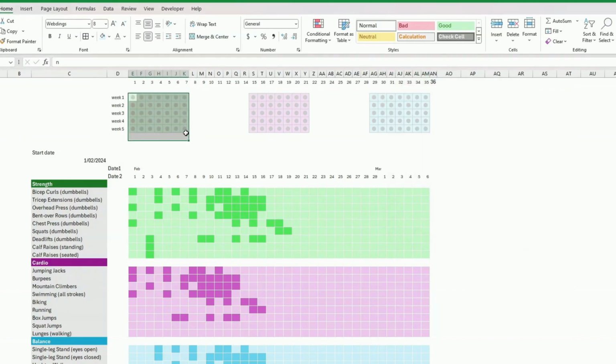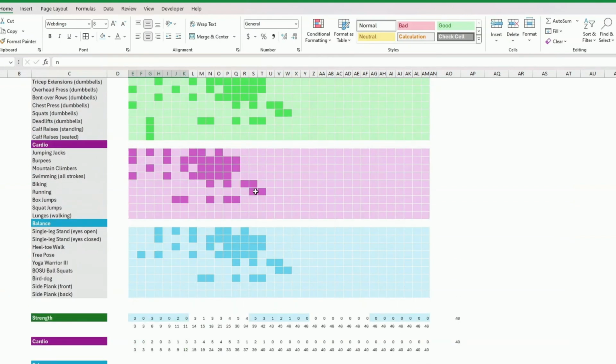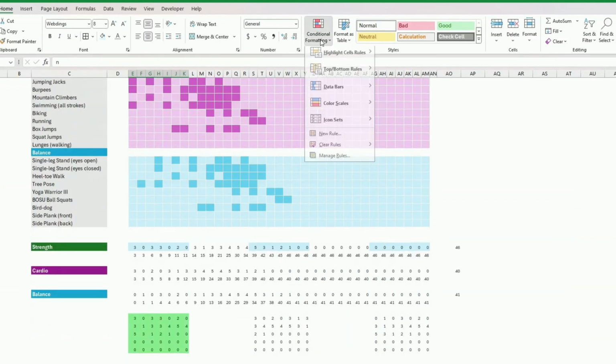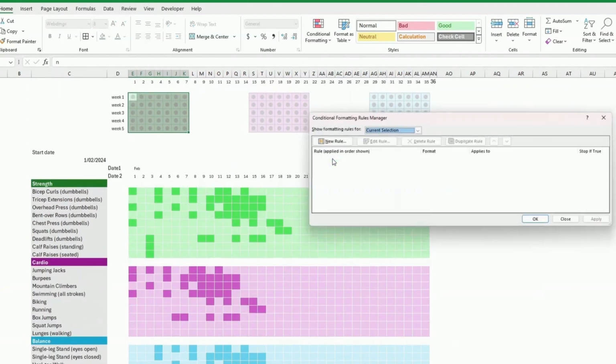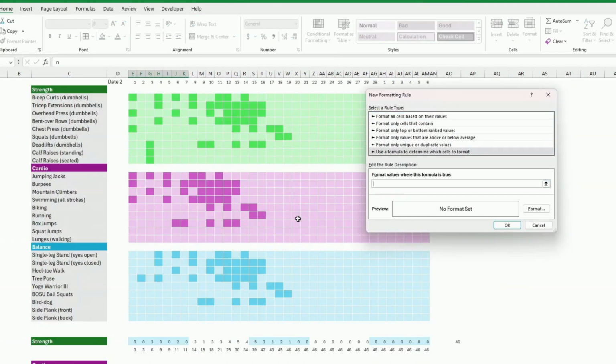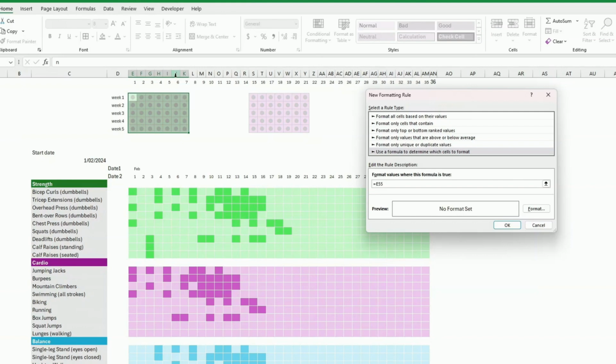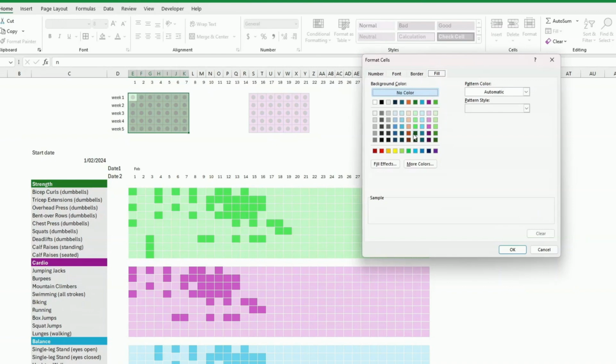Select it all, and we're going to have to use this part here, because we're talking about the green here. Conditional formatting, manage rule, new rule, use a formula. Now we are referring to this. If I press F4, this way I can carry it across all this. I can say this must be different from 0. I could say just greater than 0 actually. And then as a formatting, I'm going to put the strong